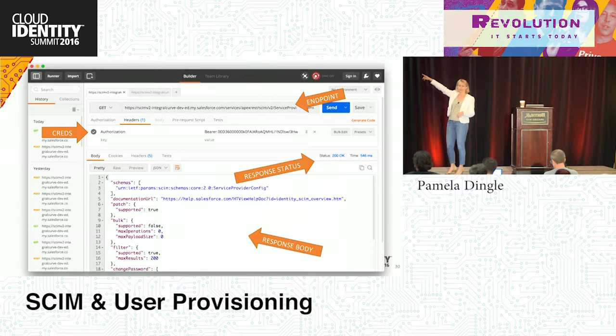However, when we talked about the target at the very beginning, right? The target goes in the big address bar kind of deal. You can set headers and you can set a request body on the top side. So all that stuff right under the endpoint are all the request characteristics. And what's down below is the response. So you can see it's a 200 OK that's come back because it tells you so. It'll give it to you in more human readable form. You know that you've got JSON back. You know that you set an authorization header as bearer. So what I would suggest now is if you can get to Postman, open it up and try and run that same URL with the same access token and see if it's going to work.